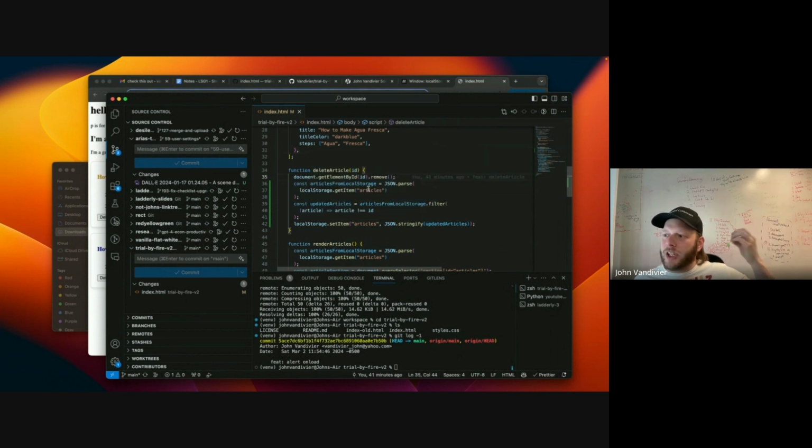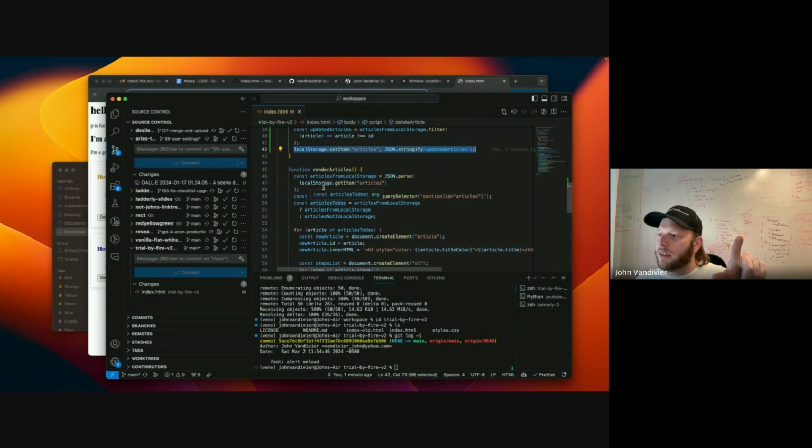So we delete it off of the page, and then we get the articles from local storage, and we are filtering them to remove. This thing keeps showing up. I'm sorry about that. I'm trying to select it without having that giant pop-up. We're getting the articles, and then we're filtering it so that the ID that I just deleted is not in the list anymore. And then after we do that filtering, we save it. Set item. We then save it back to local storage. And this is the key, so that when I refresh my page, this won't be empty anymore, unless I deleted all of them, if that makes sense.